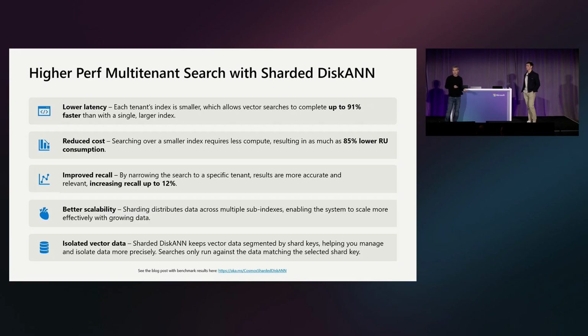Number one is low latency. So each tenant index now is smaller. So search is completed up to 91% faster, according to research from the Cosmos DB team. And it reduces cost because smaller indexes use less compute, cutting IU consumption by as much as 85%, and improves